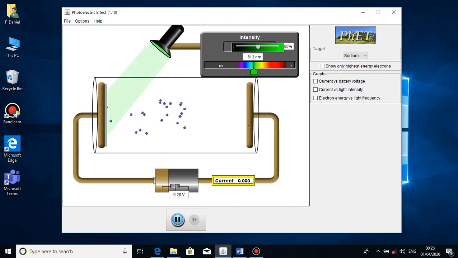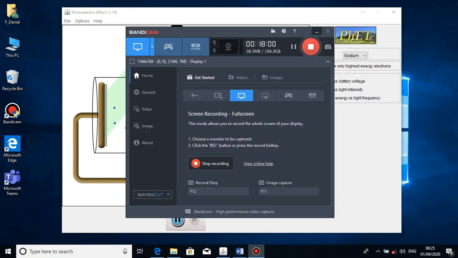Now, if I increase the intensity, this means that I increase the number of photons sent by the lamp, not increasing the energy of each photon. I am increasing the number of photons, and not the energy of each photon. So, as I increase the number of photons coming on the surface, more electrons are extracted from the surface because more photons are falling on the surface of the metal. So, we can write here